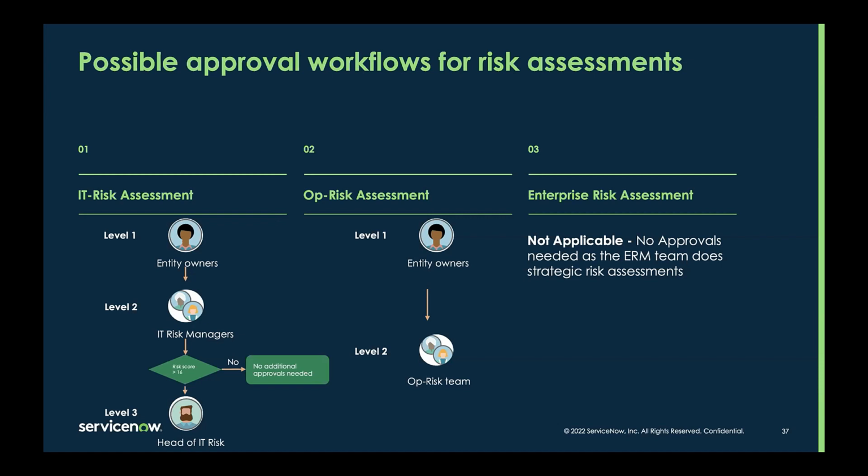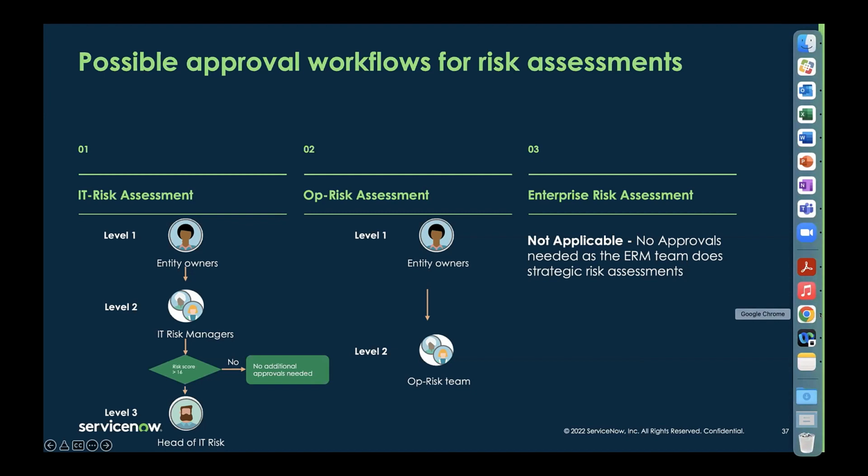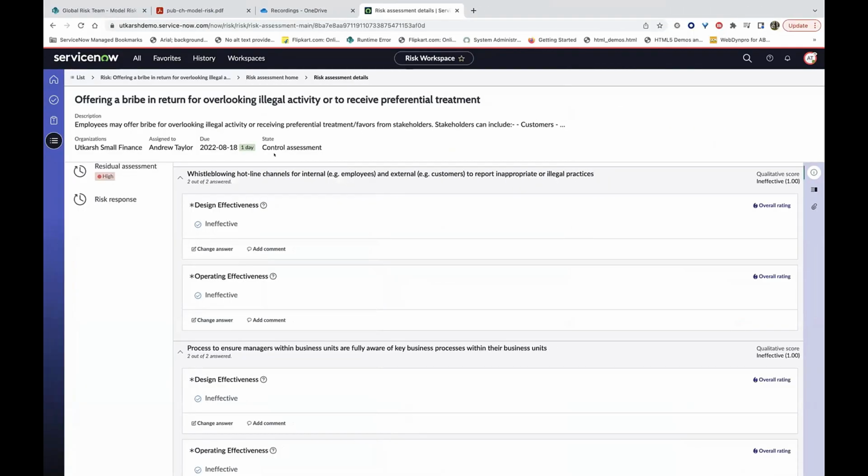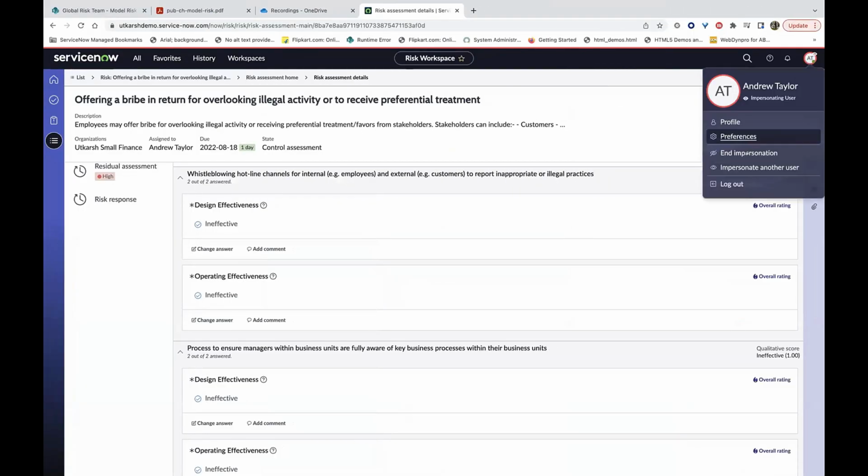So you are configuring your methodologies, but you are now also configuring your approval workflow. And the way we have done this is by leveraging one of our applications that we developed in BCM, which we call an approval configurator. And I'll show you how it works. So if I impersonate as a risk admin,